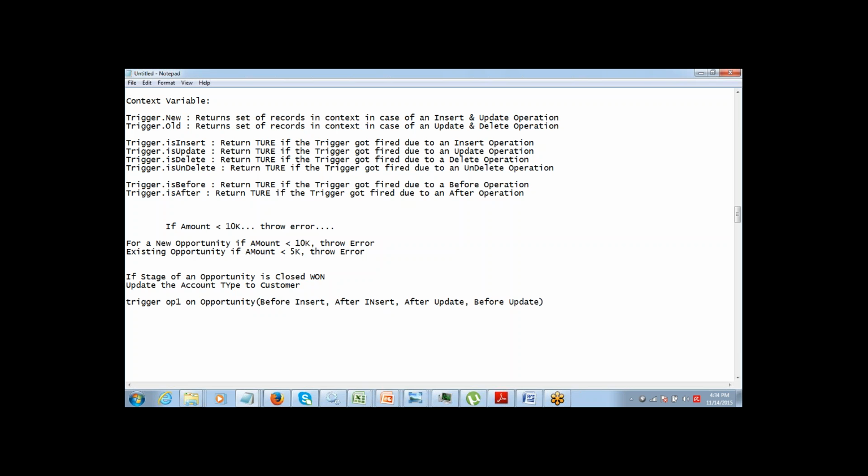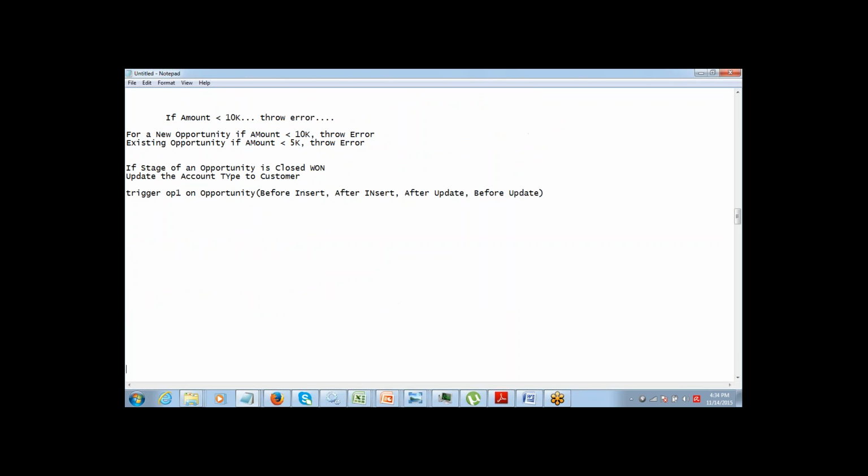Whenever you want, you can go ahead and write your logic. The context variables